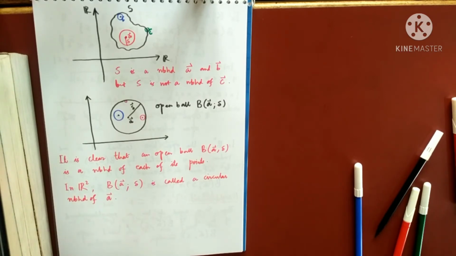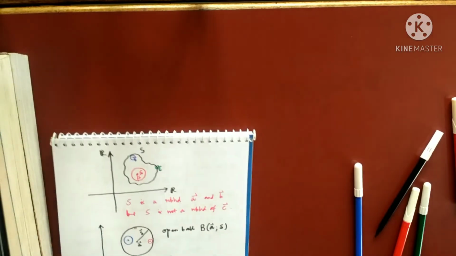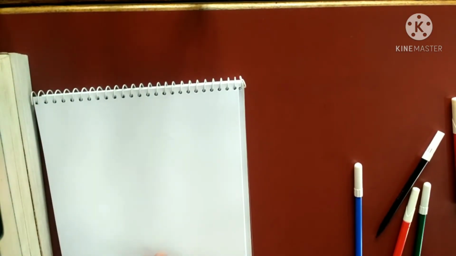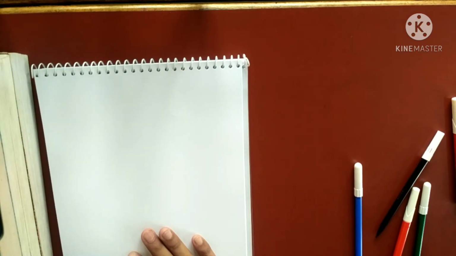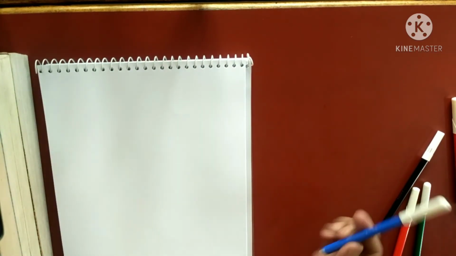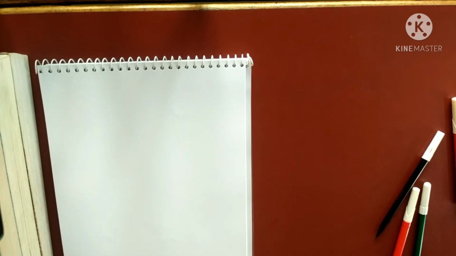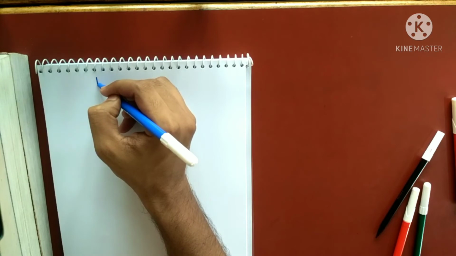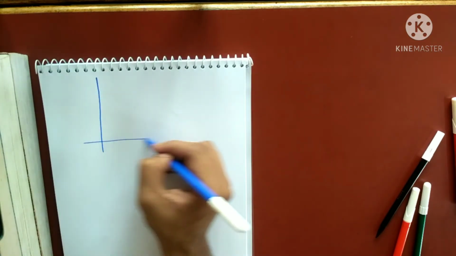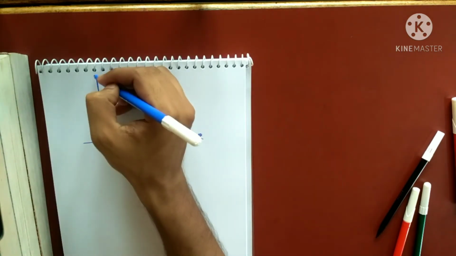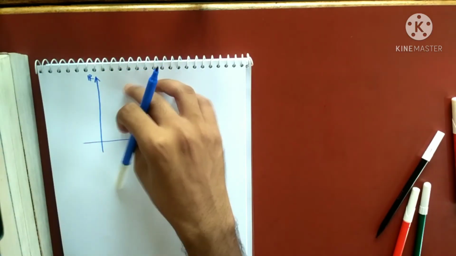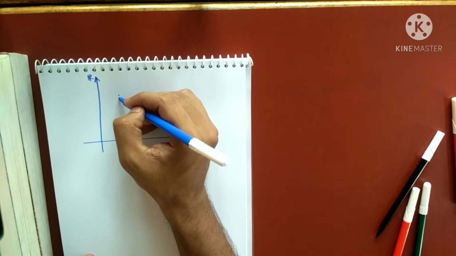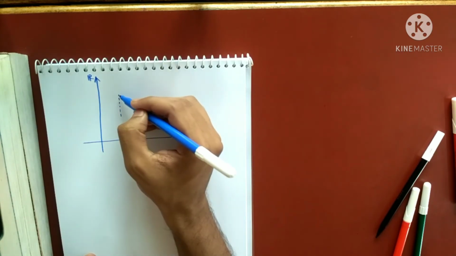So I'll draw in the next page. I'm not able to draw here. So going to the next page. I'm just talking about R2 because most of the things that we'll be doing will be on R2 and R3. Let me talk about R2 again. Consider a rectangle in R2, without the boundary. I'm always drawing in the positive quadrant. You may also take things here. So I'm talking about this rectangle, without the boundary.